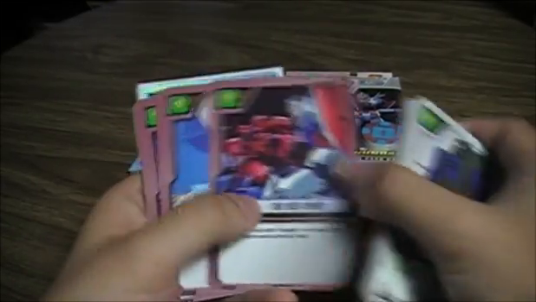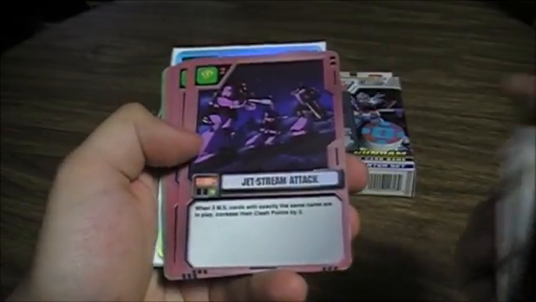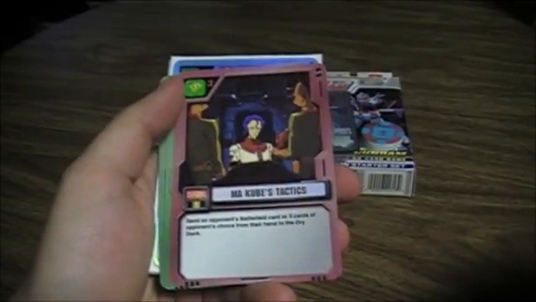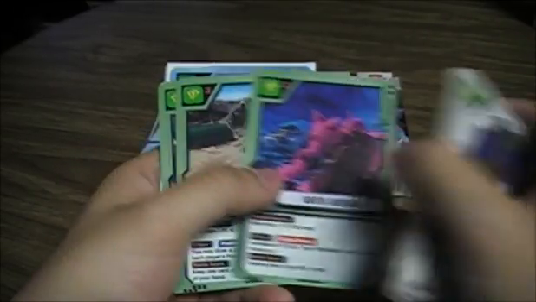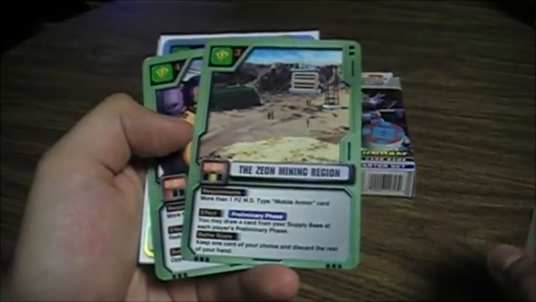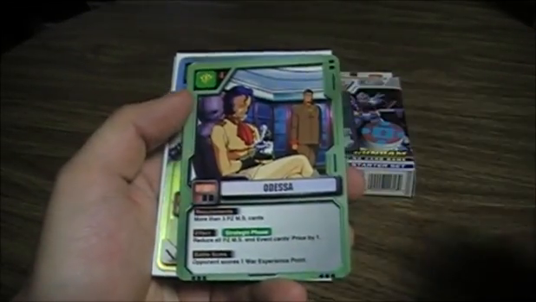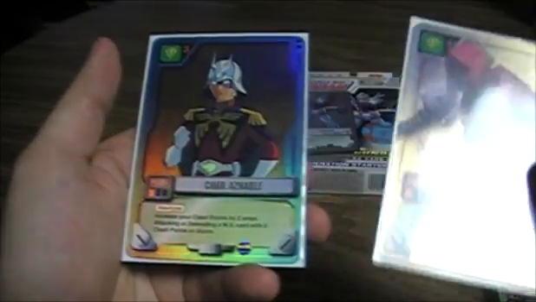Event cards. The Red Comet. Speech. Gorilla Band. Jet Stream Attack. Spy. At least these are English. Ma Cubes Tactics. North America. Okay. The Zeon Mining Region. Odessa. And the 2 holos of this were Char Zaku and Char Asian